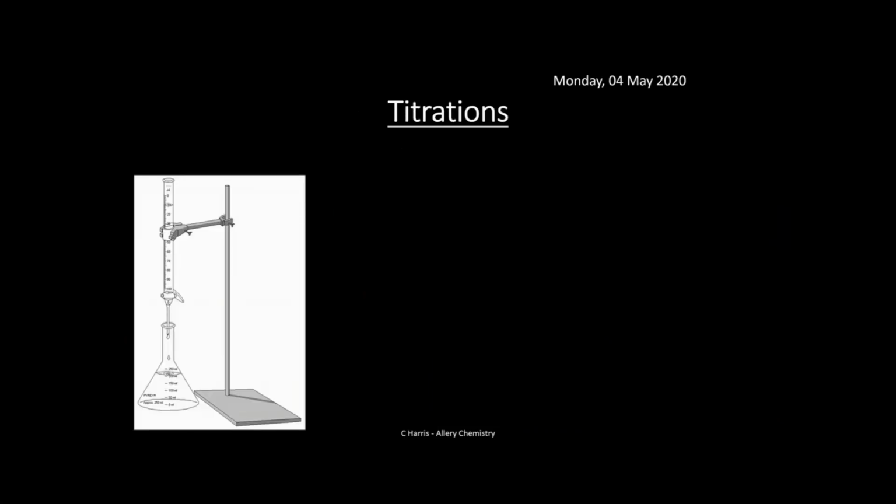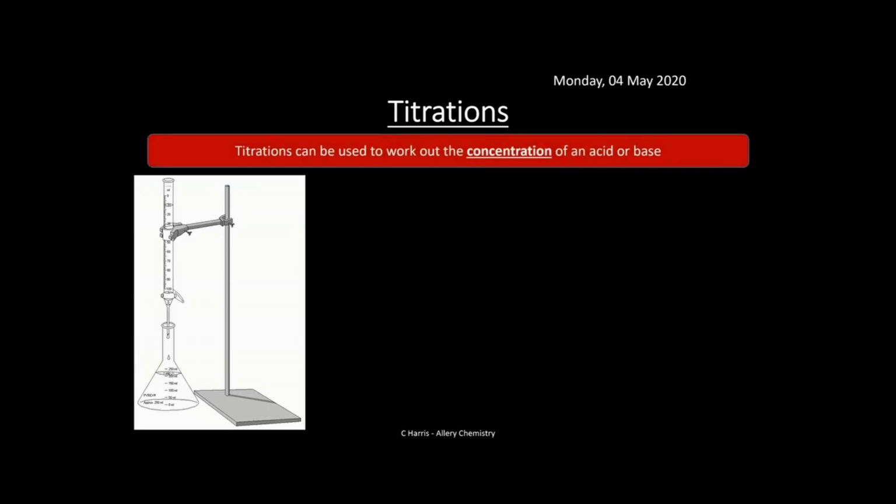Okay, so let's look at titrations. Titrations are vital in acid-base chemistry. Titrations basically allow us to work out the concentration of an acid or a base. You must have done titrations before. They are very fiddly because you've got to make sure you're reading it accurately. You've got to be making sure that you have the right substances in the right places and that you're monitoring